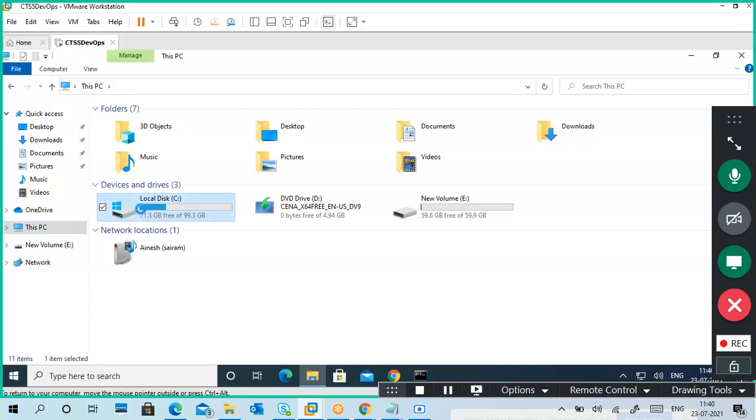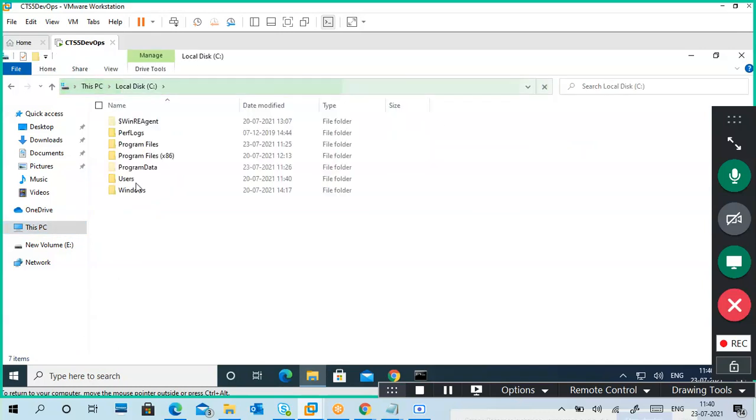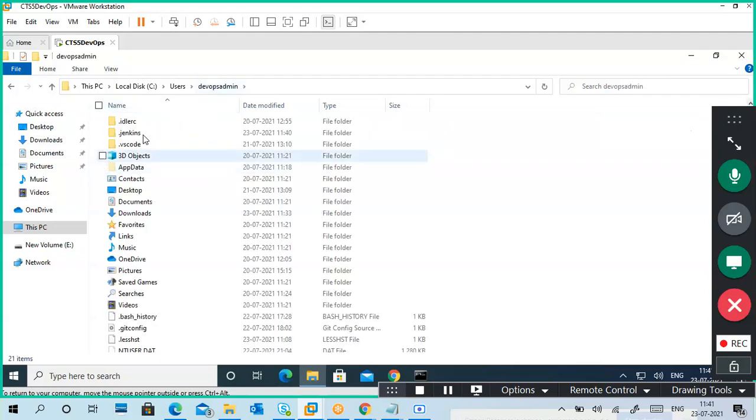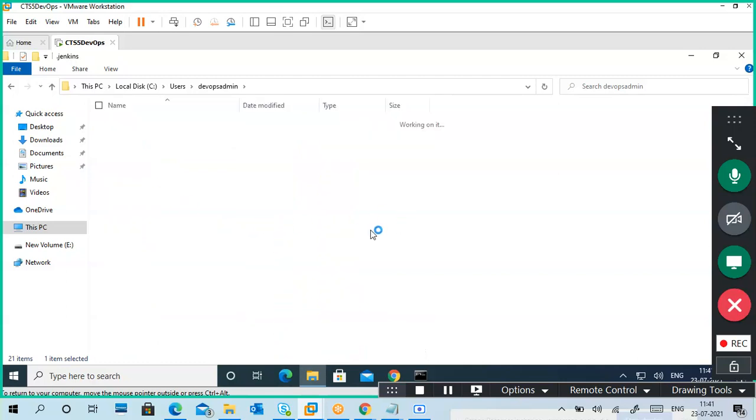By default it won't install in Program Files; it goes to your users folder, in your profile only. So for my username, DevOps admin, .jenkins. Can you see this one? In this .jenkins folder only, the Jenkins application will be stored.